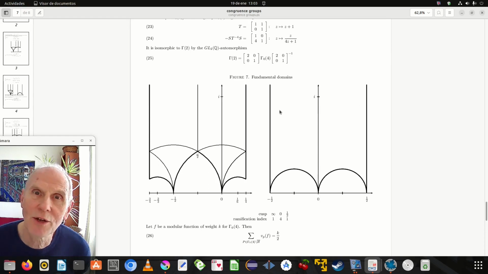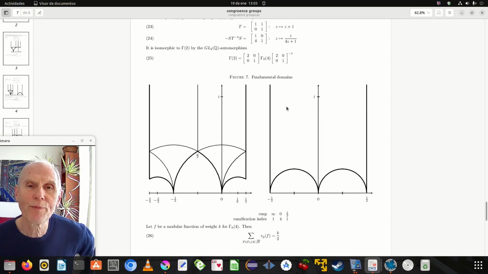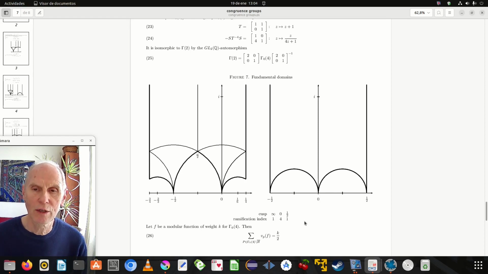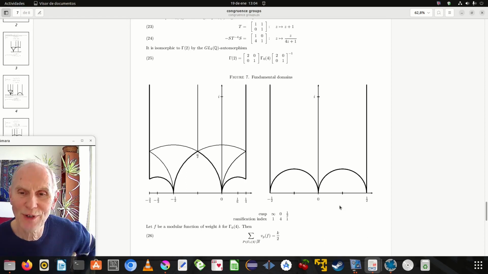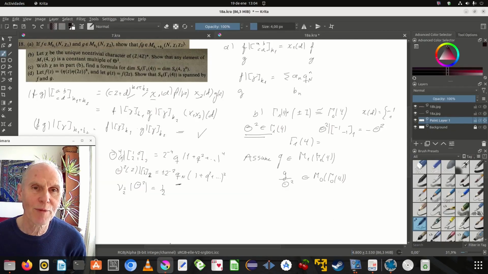Even in theta itself, it's not any root of q. And at naught, it's already ramification index 4, so nothing can happen there. So that was open your mind here. So theta squared has actually order 1/2 at the cusp 1/2, and that's possible because